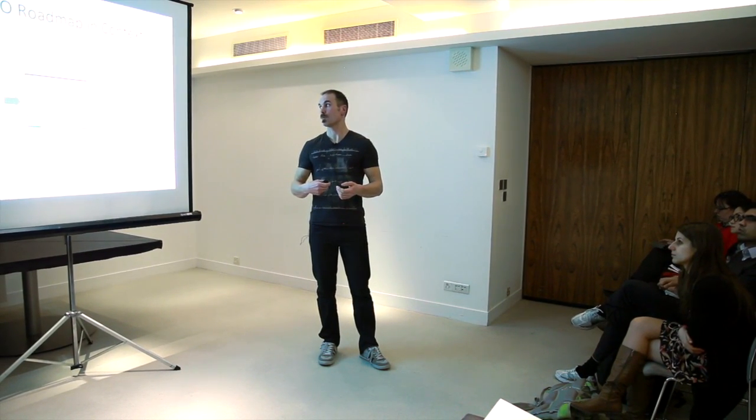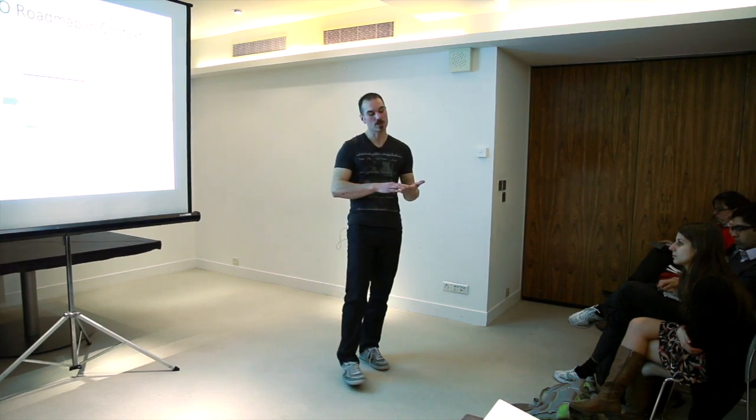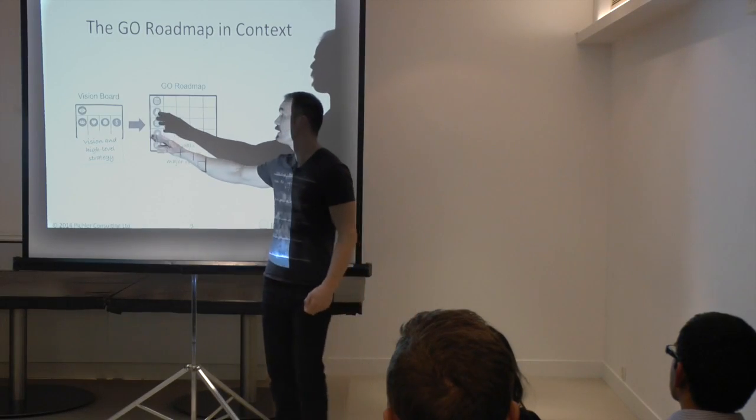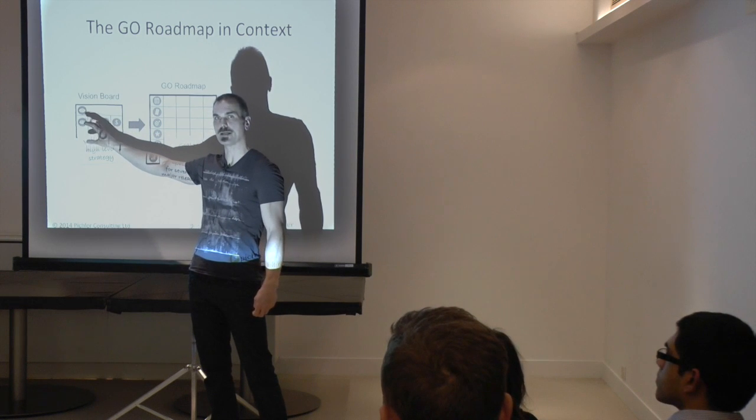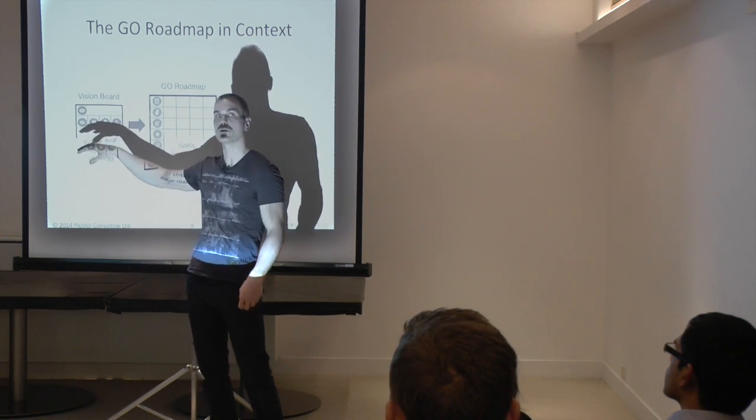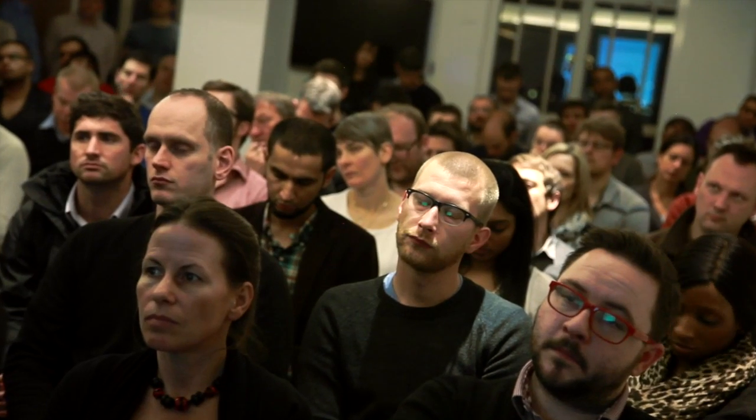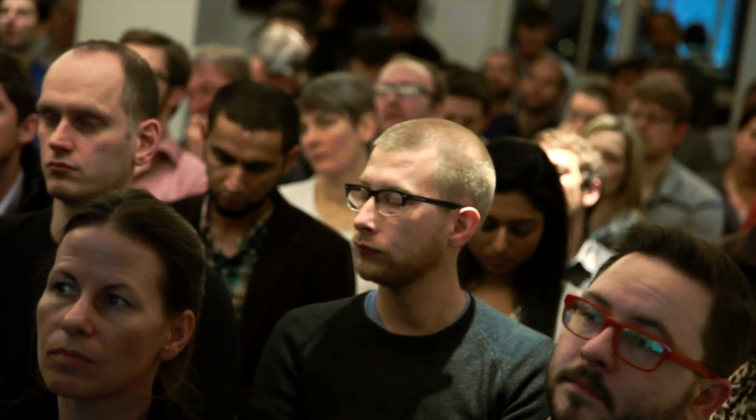So that's what the roadmap should do. It should detail your strategy, map it onto a timeline, and establish goals for the next several releases, maybe for the next 9 months, 12 months, or 18 months, depending on what works for your product. But it takes the work that was done up here. It takes the contents of a vision board, a business model canvas, and in a way refines them to a certain extent.